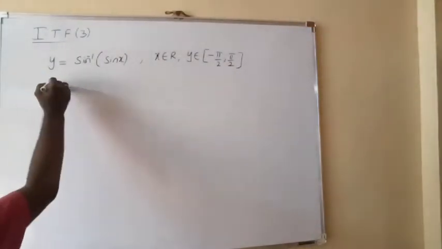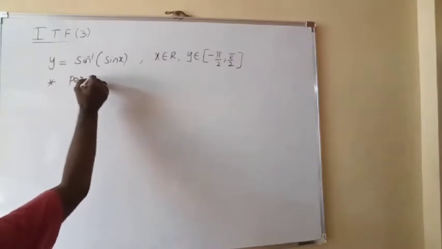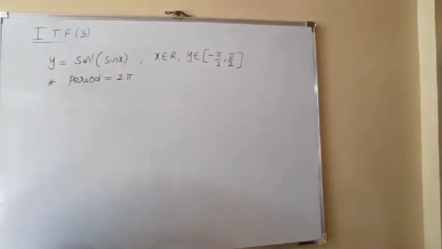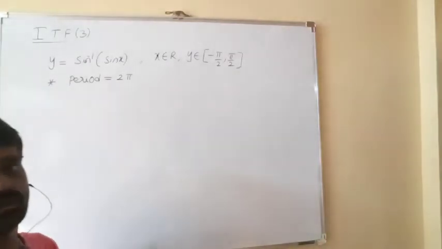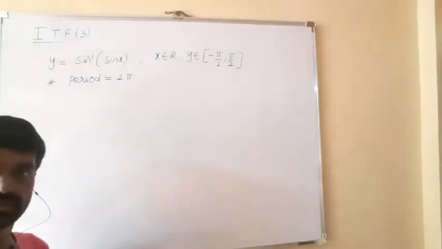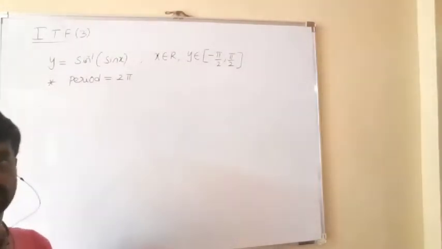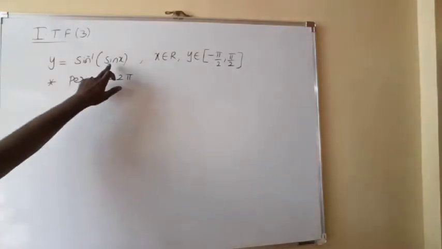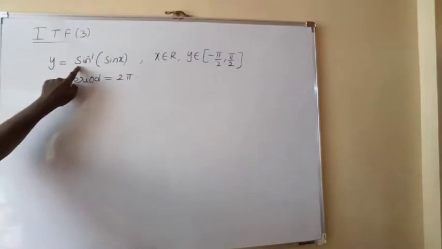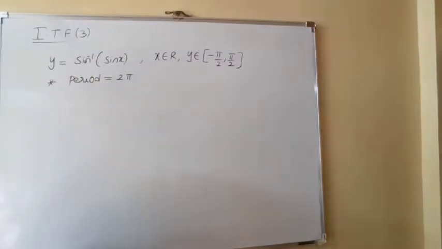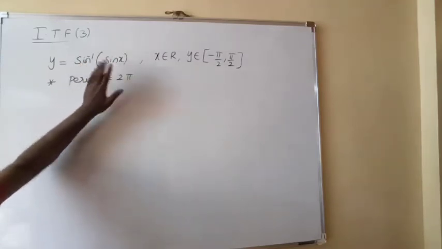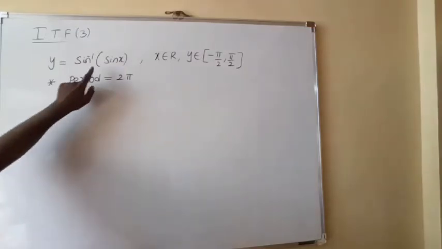Remember one important point: it is a periodic function whose fundamental period is 2 pi. Because sine inverse is non-periodic. See, all inverse trigonometric functions are non-periodic. Sine inverse x, cos inverse x, tan inverse x, cosecant inverse x, secant inverse x, and cot inverse x, these 6 inverse trigonometric functions are non-periodic, whereas the sin x function is periodic. So a non-periodic function of a periodic function is periodic only. Okay, so sin inverse is non-periodic, sin x is periodic, and the non-periodic of a periodic function is a periodic function only. So what is the sin x period?